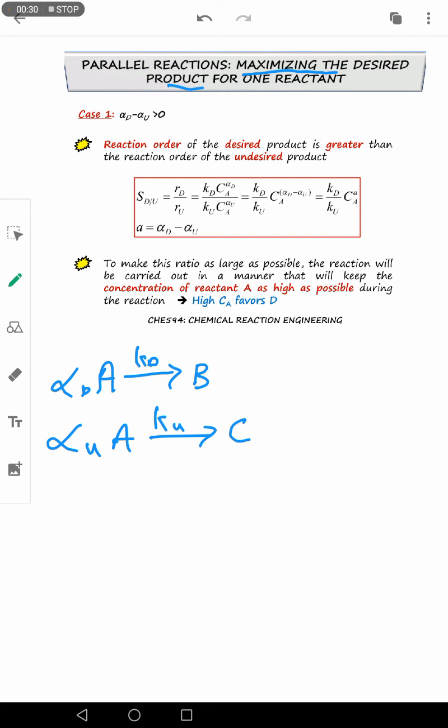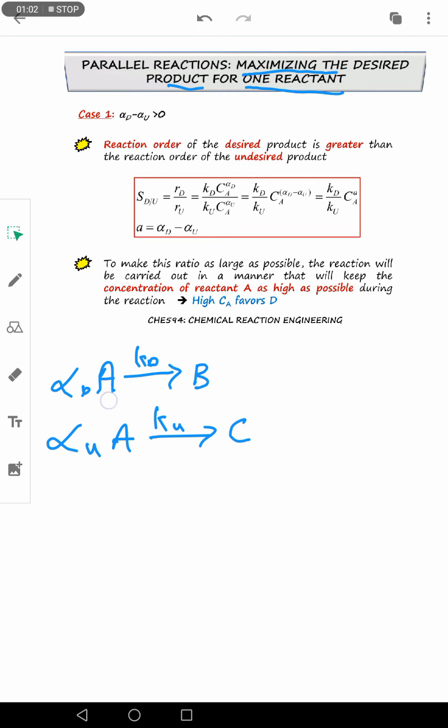Parallel reactions involve only one reactant, reactant A. For example, A produces product B, and A produces product C. A producing B is the desired reaction, and A producing C is the undesired